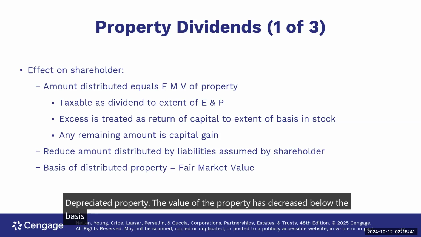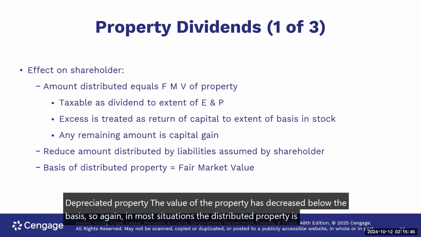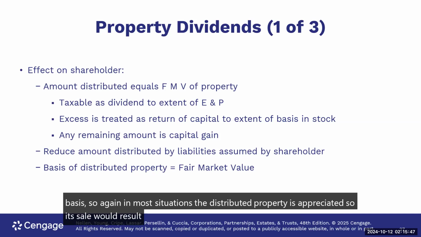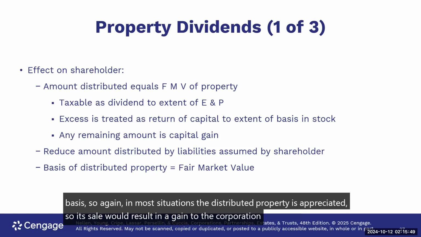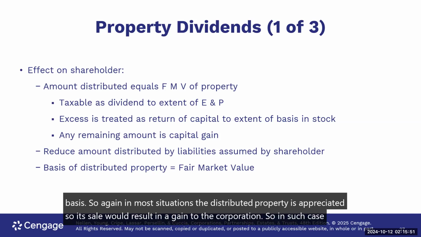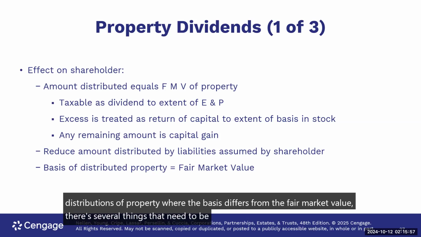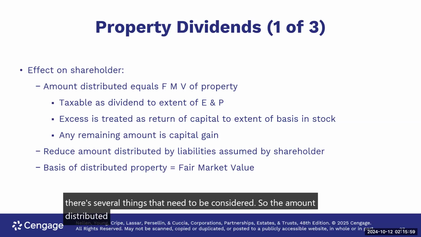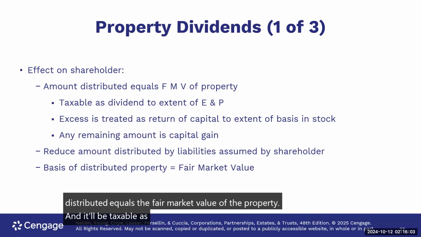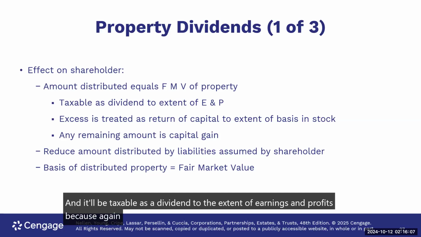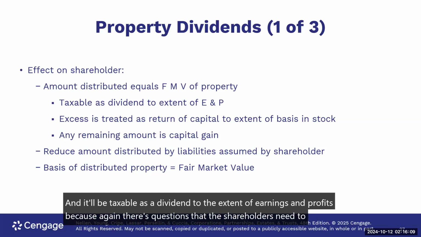So again, in most situations, the distributed property is appreciated, so its sale would result in a gain to the corporation. In such a case, for distributions of property where the basis differs from the fair market value, there are several things that need to be considered. The amount distributed equals the fair market value of the property, and it'll be taxable as a dividend to the extent of earnings and profits, because again, there are questions that the shareholders need to consider as they relate to